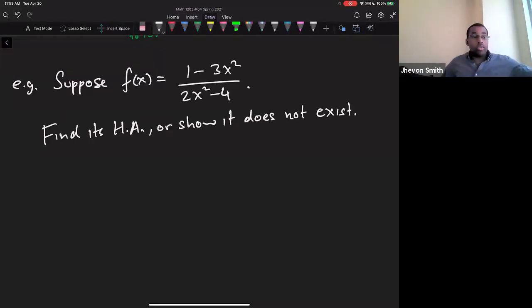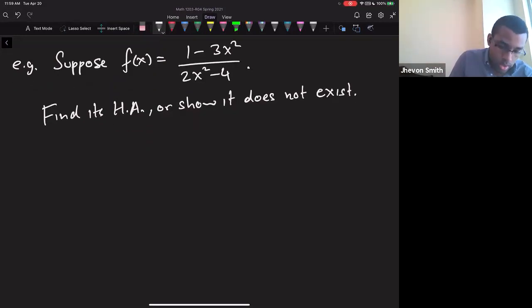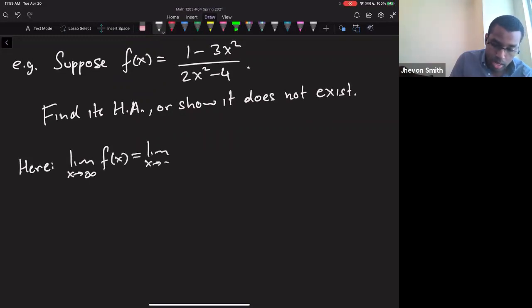So this is rational, so I know that they are both going to give me the same answer. So what we're going to do here is find the limit as x approaches infinity of our function. It's actually going to give us the same value as we approach negative infinity of this function, which is going to be